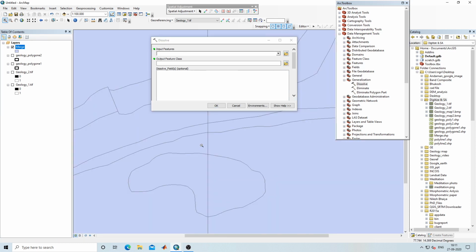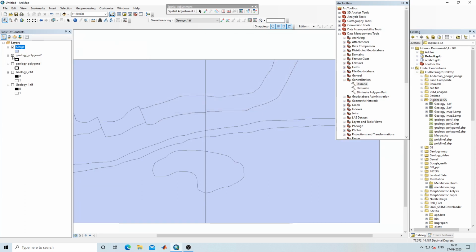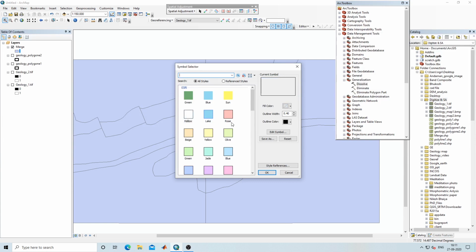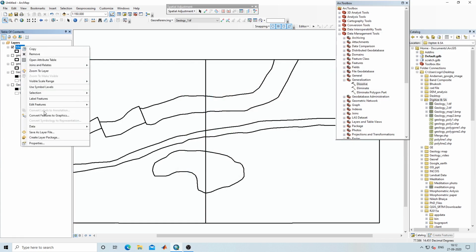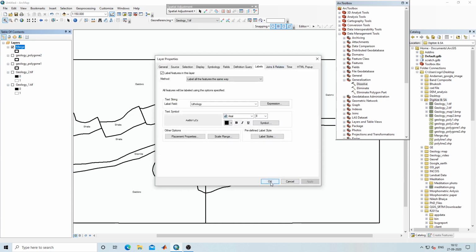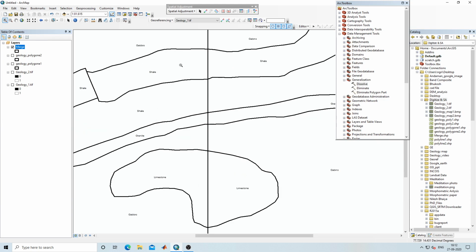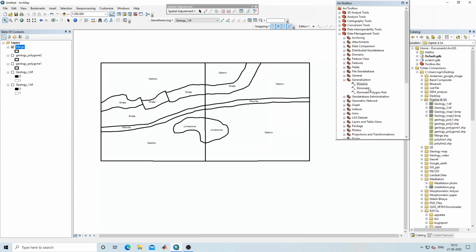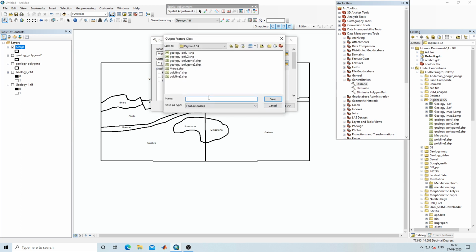So if I show you, I will right click, properties, merge lithology, and OK. So this is the same lithology, we want to merge this middle line on the basis of lithology. So I will click on dissolve. I will select merge. Here I will give the name dissolve.